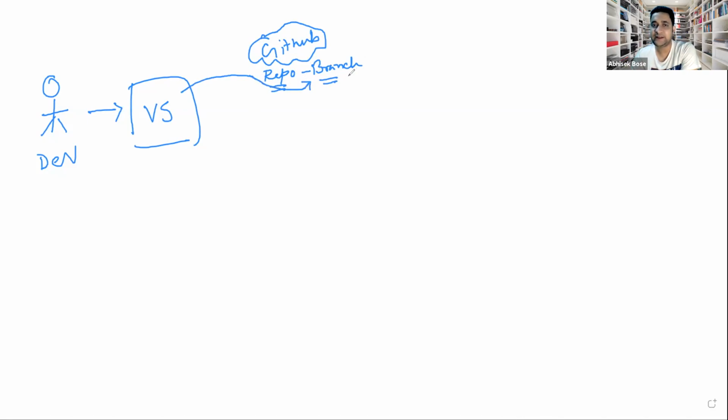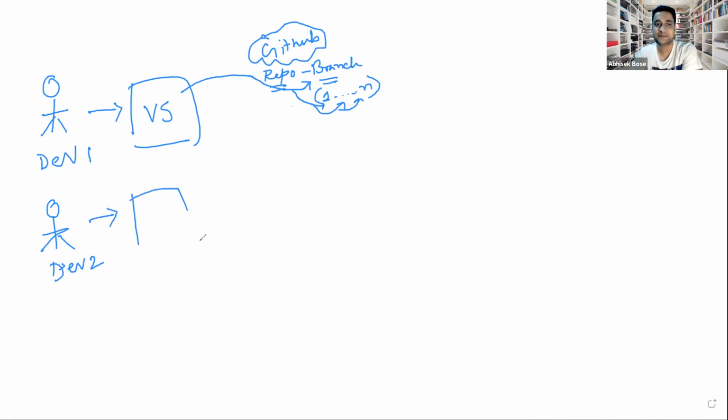Here it can be 1 to n, n number of branches they can create. So they can include their code in branch 1, 2, or n, any number of branches they can upload.